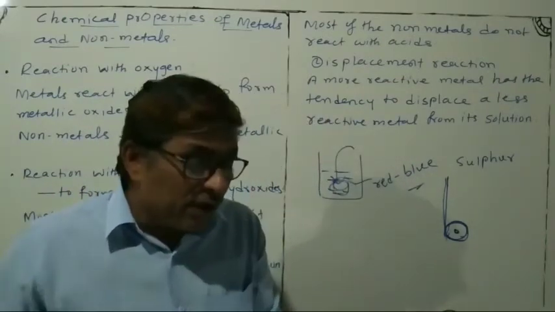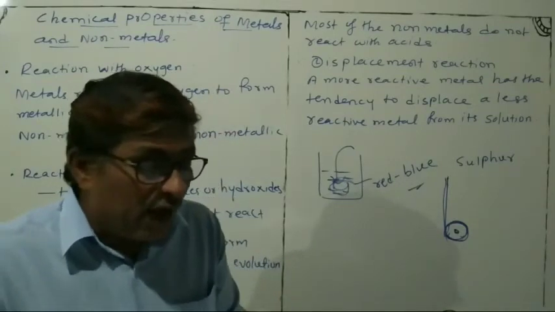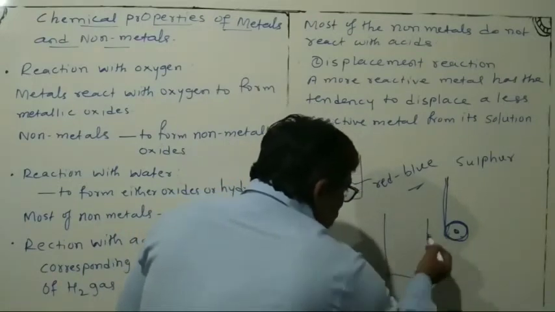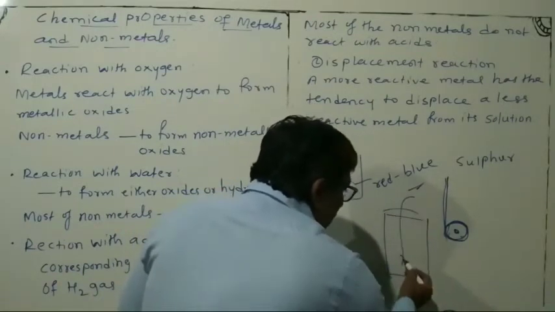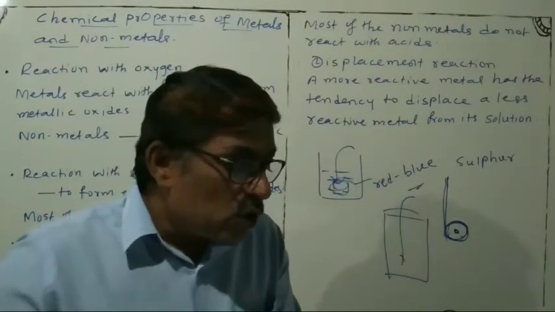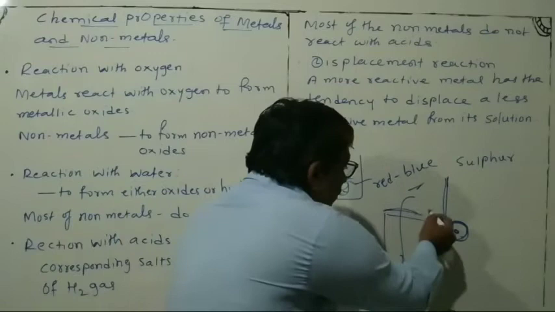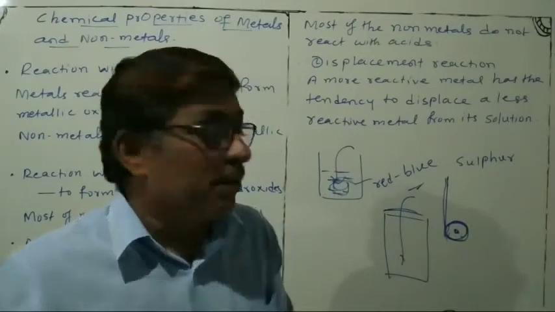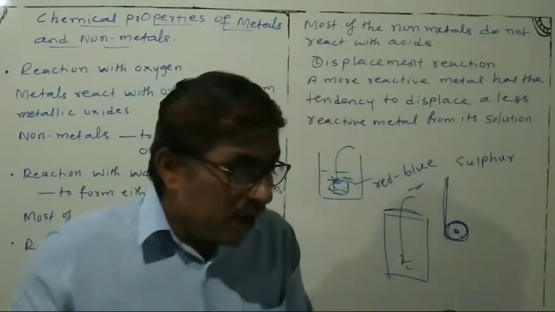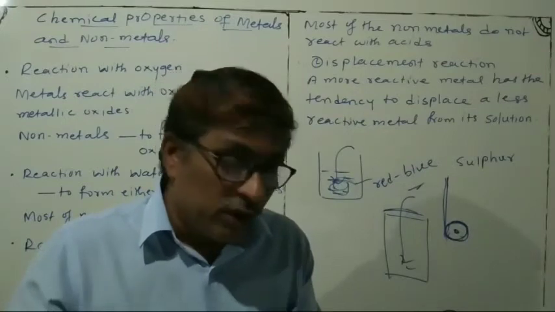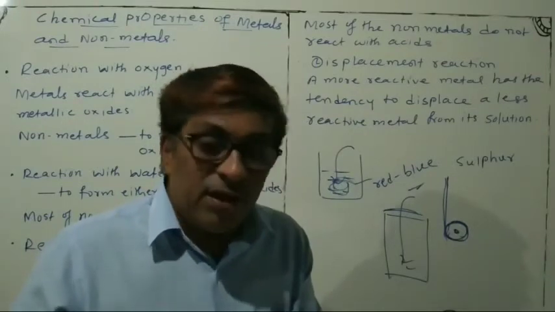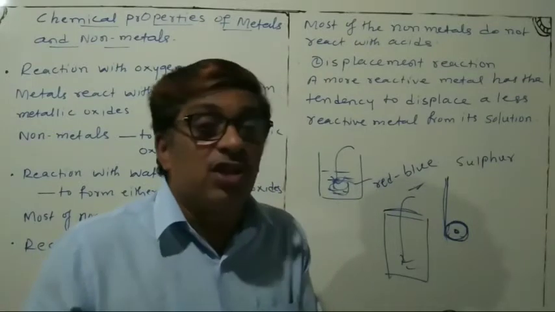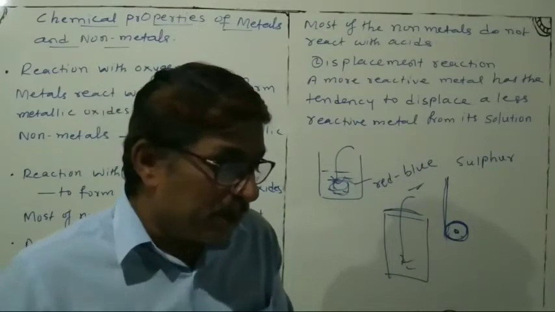As the sulfur starts burning, introduce the spoon into a glass tumbler. Then cover the lid and ensure that the gas produced does not escape. Here you have to store the gas. Then add a small amount of water to this and cover the jar properly. Shake the tumbler well and test the solution with blue and red litmus paper.